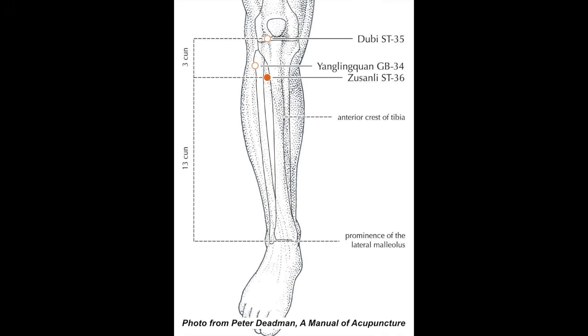But anyway, the next point we're going to talk about is called stomach 36, right? That's another point that's used all the time in clinic. It's just so versatile. There are mentions of it in some of the oldest texts as being the key to longevity. When moxa or moxibustion is applied daily, apparently it preserves your long life. I myself have been participating in a new moon ritual where we apply moxa to this point for the first 8 days every new moon, and I have found that it has boosted my energy during those periods over the last couple of months.